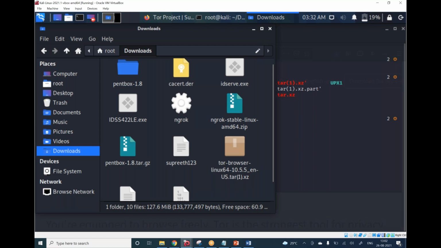So ls, all right. I have this ready here, which is in zip file. So don't worry, I have given you the commands over here.